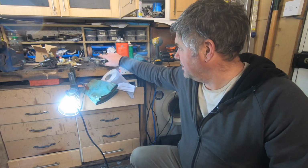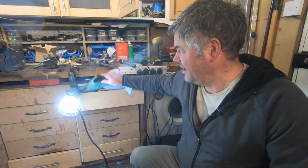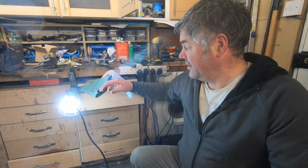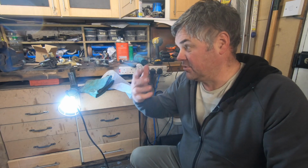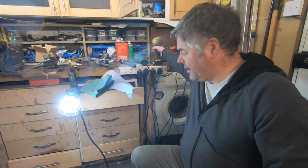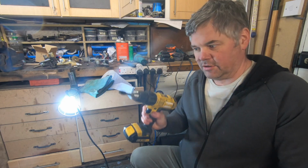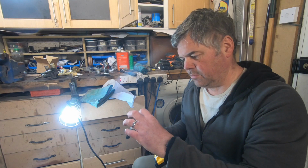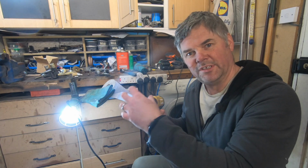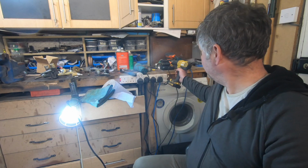So when you're using these wire wheels, you definitely want a pair of glasses, and I've been using the welding gloves and some sleeves, because it does fire off little bits of wire everywhere and they're awful. A face screen would probably be good. But what I've also been doing for the small ones is using the cordless drill. This allows you to get into the corners with a bit more control, but the wire wheels start to twist up. So if you just keep reversing the direction, then have a battery on charge ready to go,